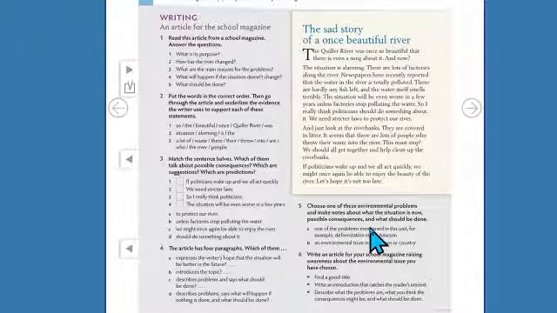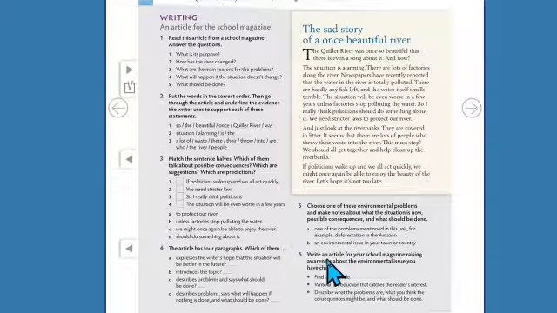So this is what you're going to write about, guys. If you want, you can search information online. Go to Google and search about whatever environmental problem you are going to talk about, like to know where it is located in the world or where it is a major problem.